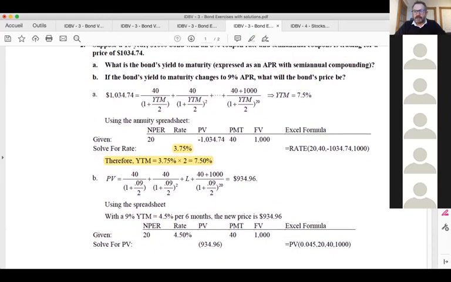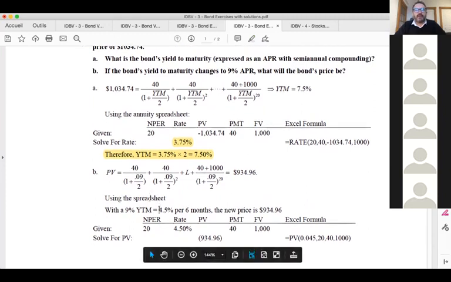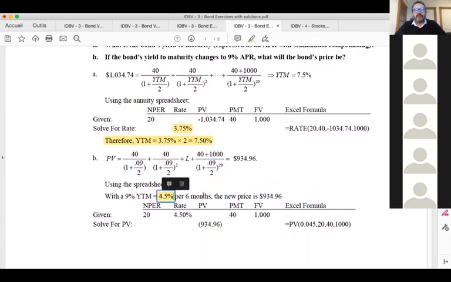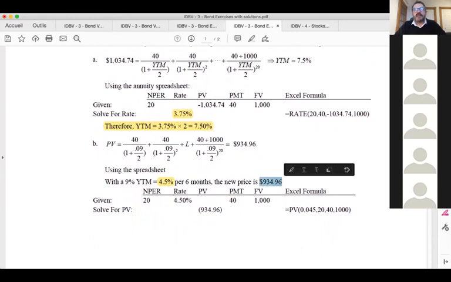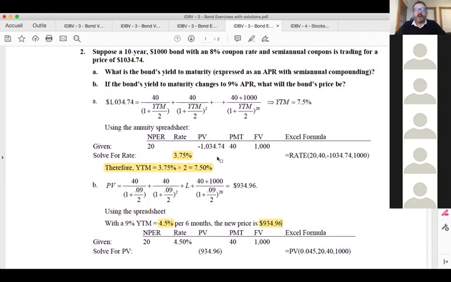Second question, now it's easier. If the bond yield to maturity changes to 9% APR, what will the bond price be? So it means that we take 4.5% for the YTM, okay? And that's easy to calculate now. This is a formula we know now. So it's 934.96. So we can see again the illustration of the fact that in the first place, the price is higher